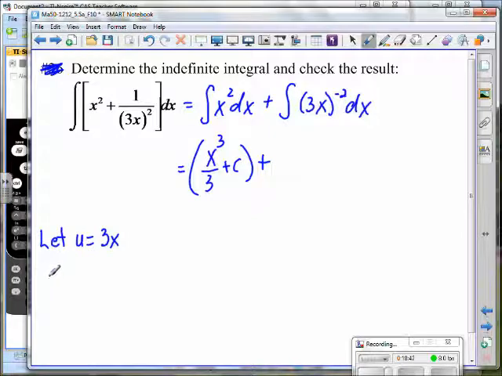What's the next thing? Take the derivative of it, okay? Now, if you do this enough, you kind of can think ahead: where am I going? Why am I doing this? What do I need to have in place? We're wanting to take this and write it in terms of u and du. And I have a dx over here, so I'm going to say du equals 3 dx,